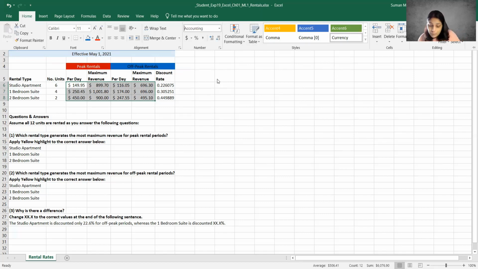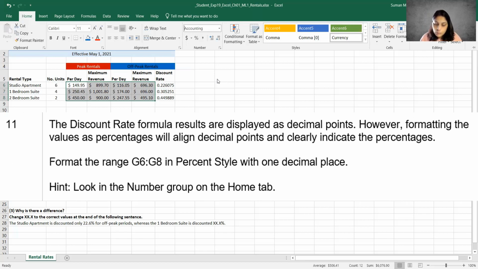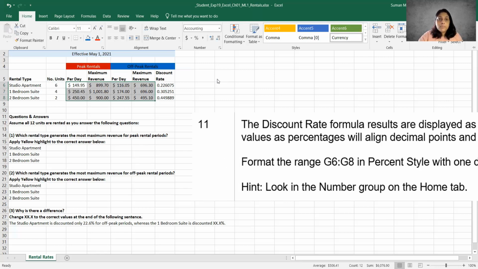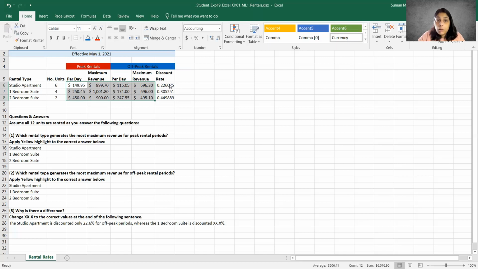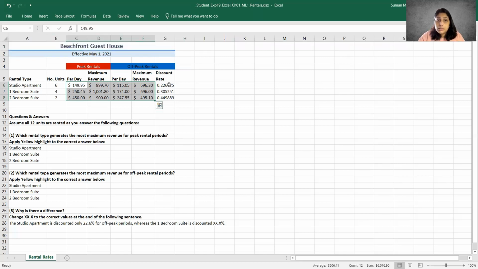All right, let's move on to step 11. The discount rate formula results are displayed as decimal points. However, formatting the values as percentages will align decimal points and clearly indicate the percentages. Format the range G6 through G8 in percent style with 1 decimal place. So I'm going to go ahead and select with my white cross, left click on G6, highlight down to G8,